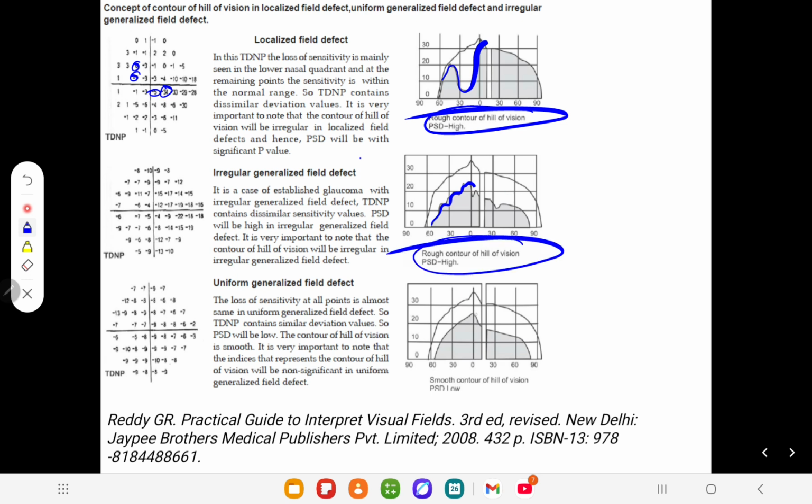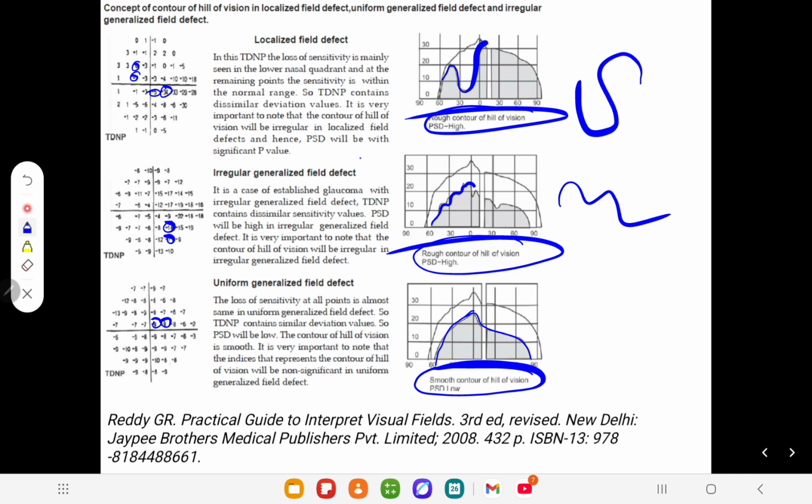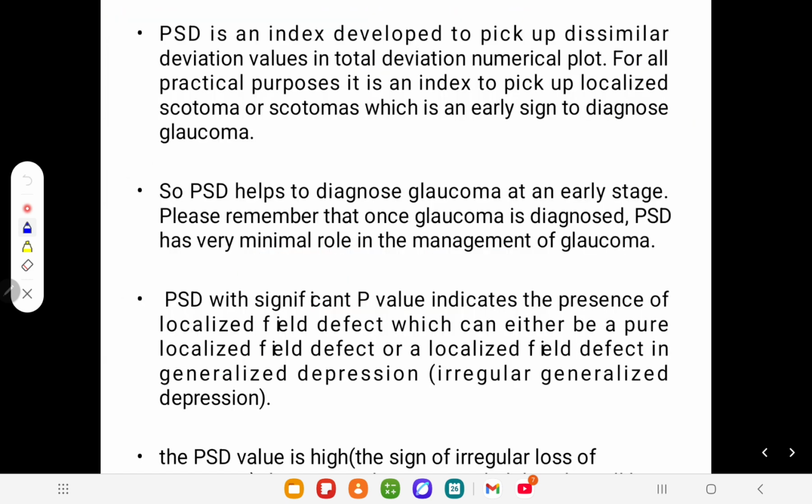Rough contour pattern, but here see the contour is so smooth. So pattern standard deviation is low, which means the distance between -8 and -9 is very smooth, isn't it? Not a roller coaster. And that matters. But here you can see second 14 and 7, almost double. That's why the hill is irregular. With irregularities or a focal zone defect, pattern standard deviation goes high, but with a smooth contour, which means